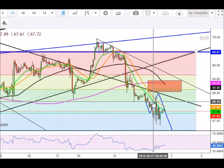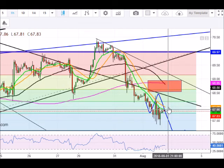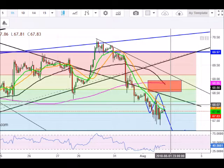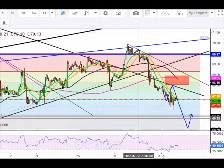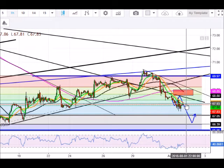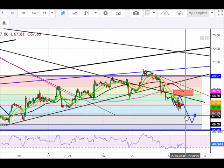And again, I do think that we're going to see a little bit of a bounce back up here, maybe as high as 68.21. That's a big maybe, but I'm still looking at the target levels to the downside here, testing the 67 level. That might be the bounce level here, so I'm kind of up in the air on whether or not we do go ahead and get that next push back up or not, or if we just continue to float back down to the 67.08, 67.05 level, which is the 786 fib level off the lows here